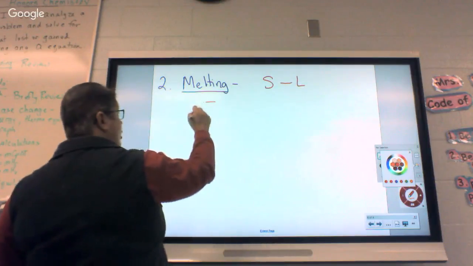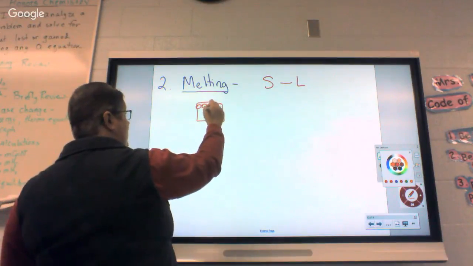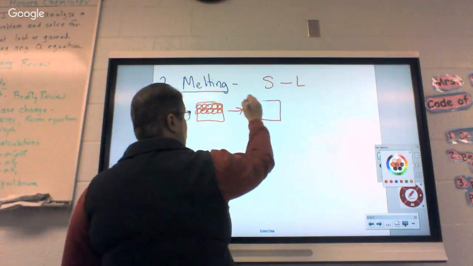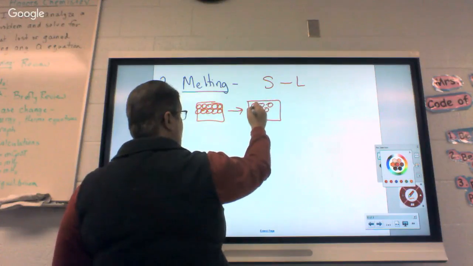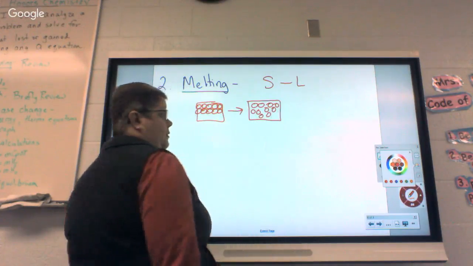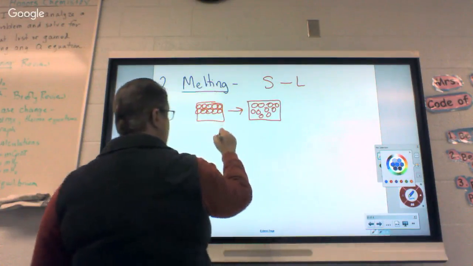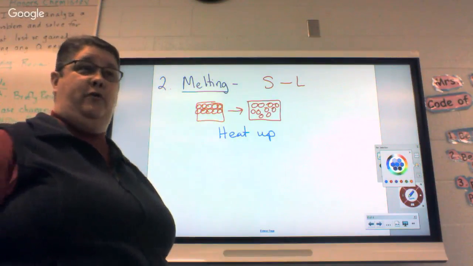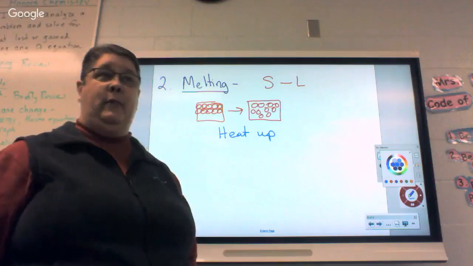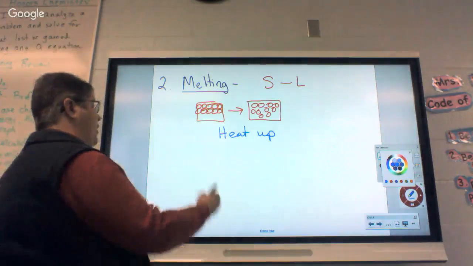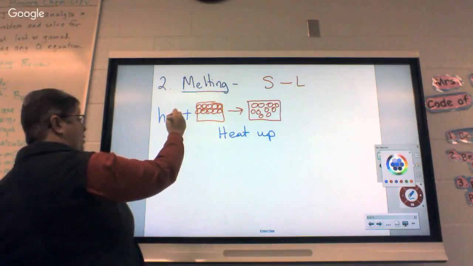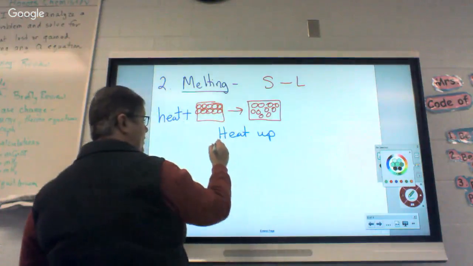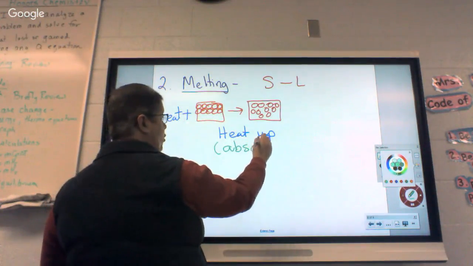All right. So melting goes from a what to a what? Basically, we're starting in the solid state. This is the last set of pictures I'm going to draw. And we're going to a liquid. So what do we have to do to get this to happen? We have to heat it up, right? So if we've got to heat it up to get the particles to move, Sean said we had to absorb it, right? So we have to add heat on this side. Anytime we said heat up, that means absorb.